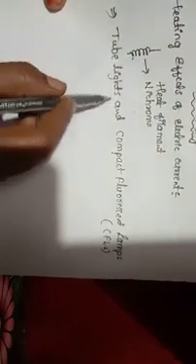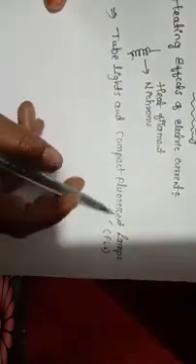If you take a normal bulb, 90% of the electricity is wasted in the form of heat. Only 10% of the electricity helps the bulb to glow. So 90% is wasted. To save that, not the whole 90%, but some amount of electricity, we can save by using tube lights and compact fluorescent lamps.